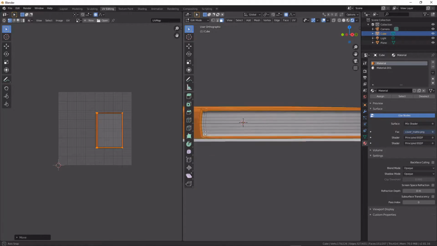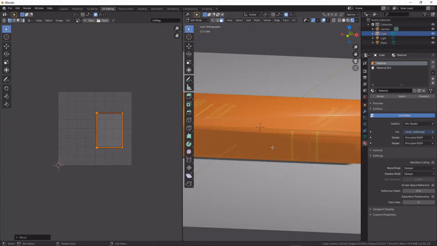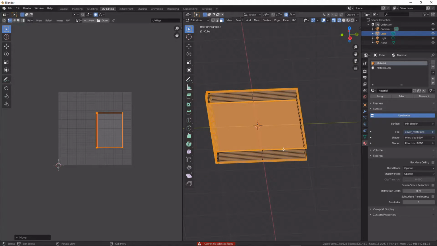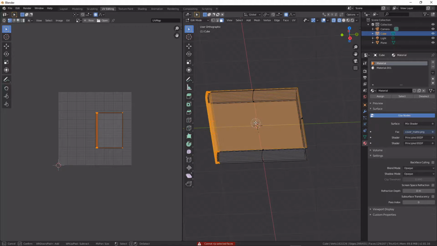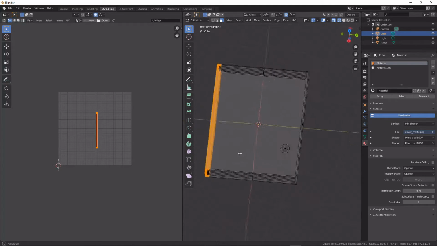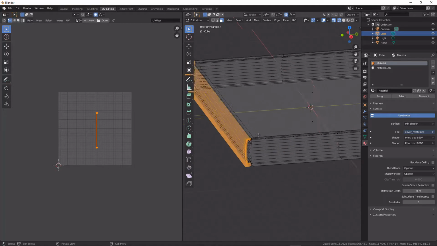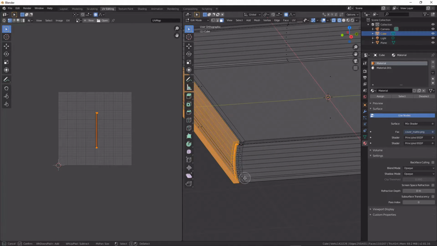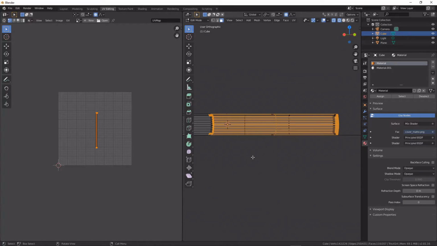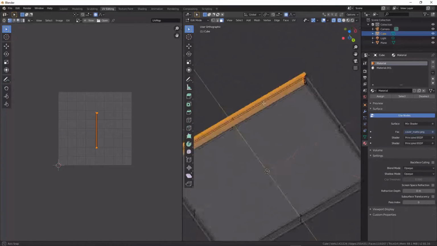I did have a little bit of trouble next on the spine of this book. Initially I decided to fit the back spine to the overlap of the texture by scaling it, but then I decided to backtrack on that. You can see here, this is where I'm sort of making the mistake, is I take away too many faces there, and then